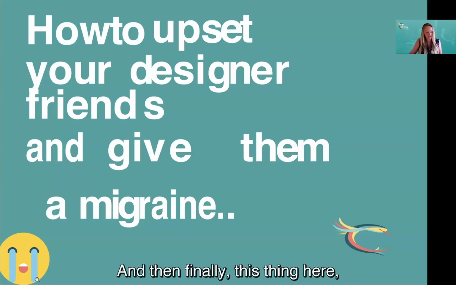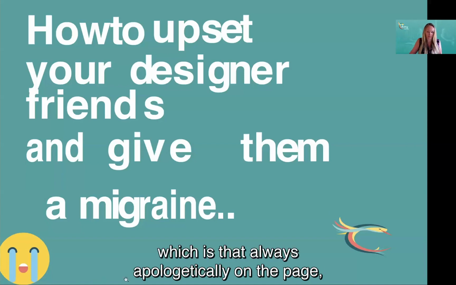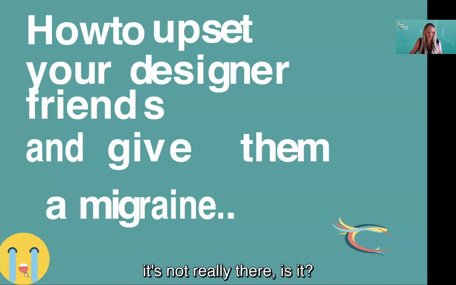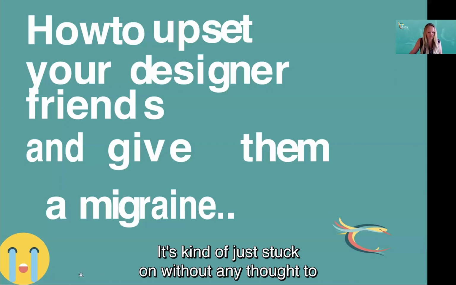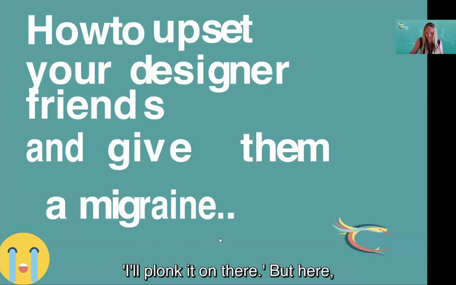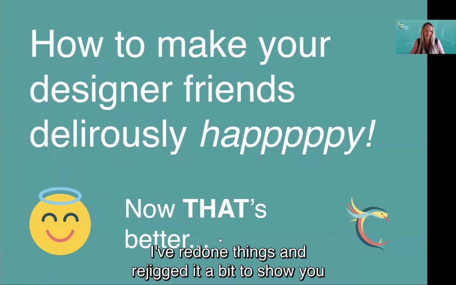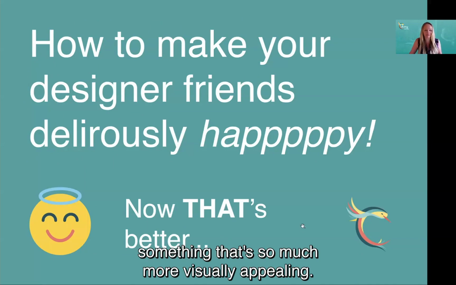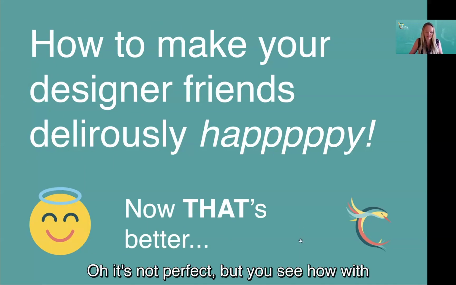And then finally, this thing here, which is almost apologetically on the page, it's not really there, is it? It's kind of just stuck on without any thought to symmetry or style or any consideration. It was just, oh, I need that at the end, I'll plonk it on there. But here I've redone things and rejigged it a bit to show you something so much more visually appealing. I mean, it's not perfect, but you see how we've